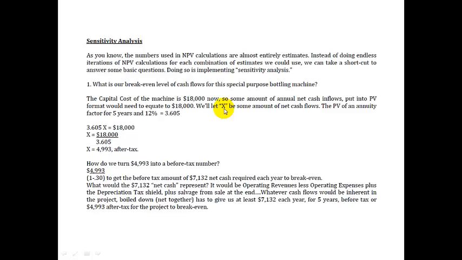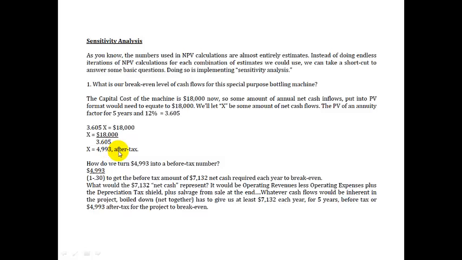So we'll let X be this sum amount of net cash flows. The present value of an annuity factor for 5 years and 12%, as you and I looked at before in that table above, is 3.605. So the annuity factor of 3.605 times something, or X, equals 18,000. Well, let's solve for X then. Numerator over denominator, we know how this works. X equals